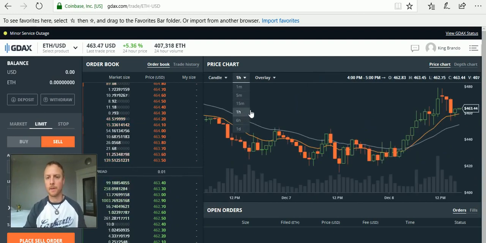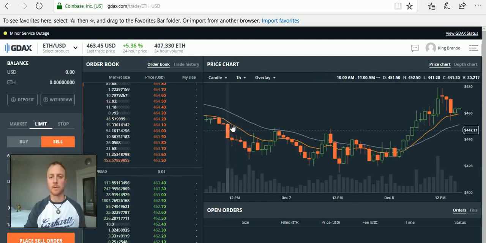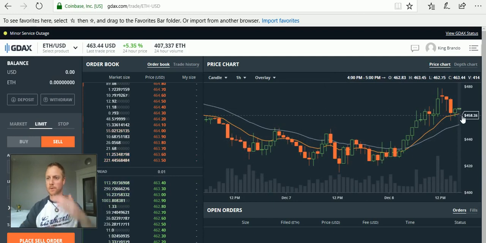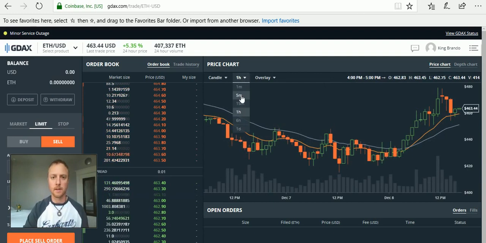Your 1 hour. Now when I say 1 hour or 6 hour, that means every one of these candlesticks is within the hour. That means this is 1 hour, this is the other hour, the third hour, fourth hour, and so on. So this candlestick will take 1 hour to actually produce the entire thing before it moves on to the next one. So then you got your 15-minute,